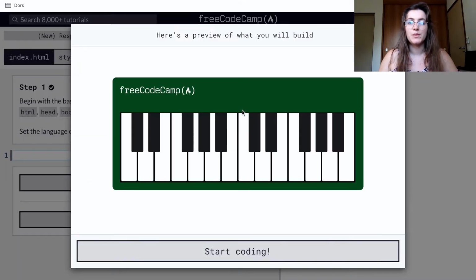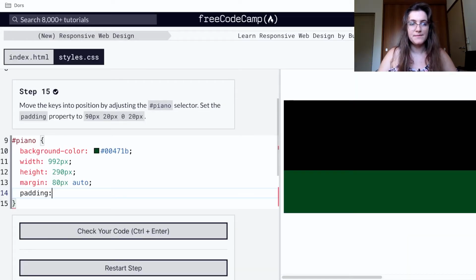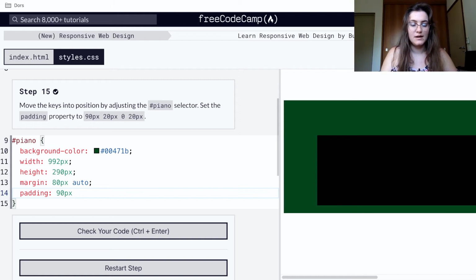Basically, what do we want? We want to make a space, right? The div in black is this one that is behind the div in white, the keys. So we want to create some spacing in here and in all of the directions. So to do this, we're gonna add padding 90 pixels, 20 pixels, 0 and 20 pixels. So if we take a